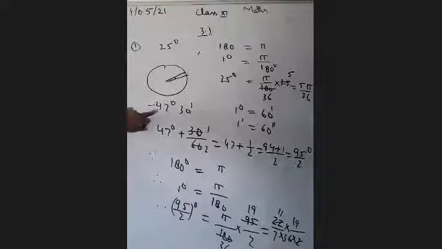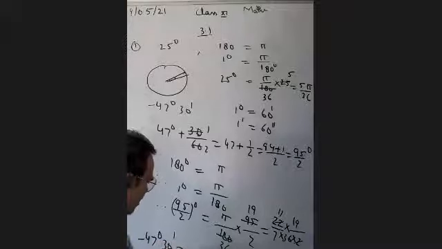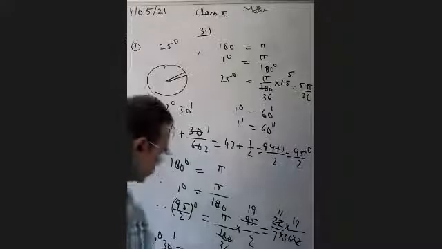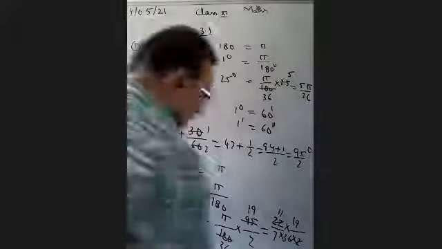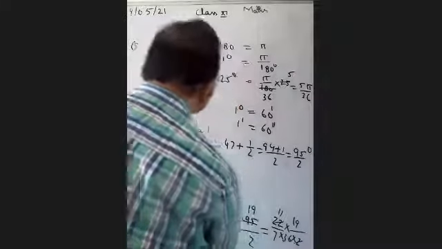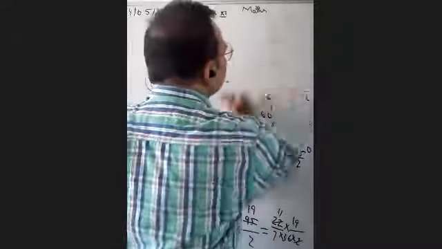But this is minus 47 degree. So what will be the answer? Minus 47 degree 30 minutes equal to whatever value you get, with a minus sign, because it was given in the negative. ठीक है, we have converted. So as I have explained, you can do the remaining part of this first question by yourself. Out of 4 parts, I have explained 2 parts.